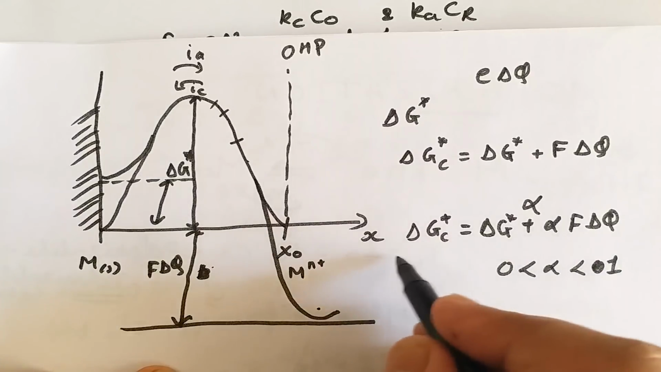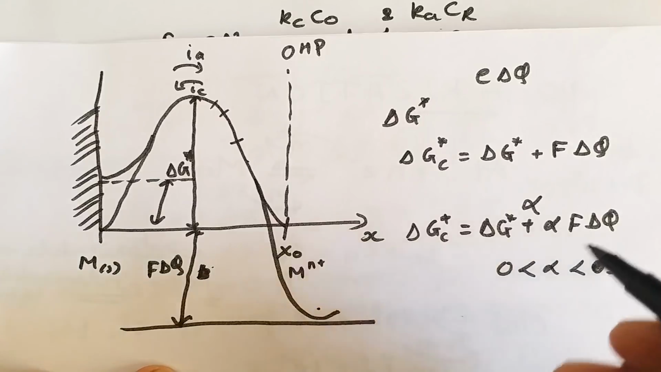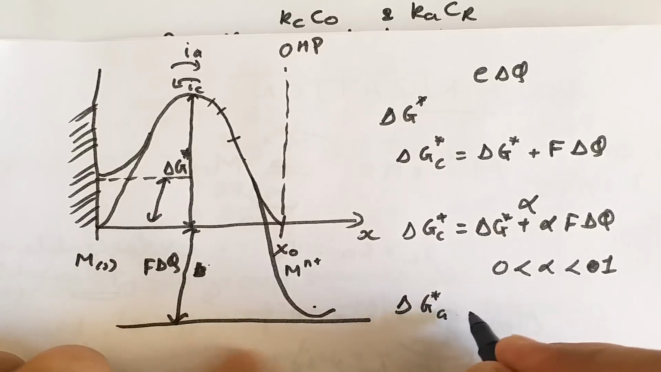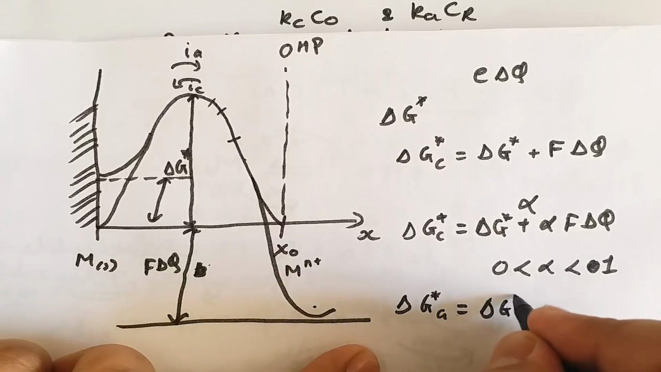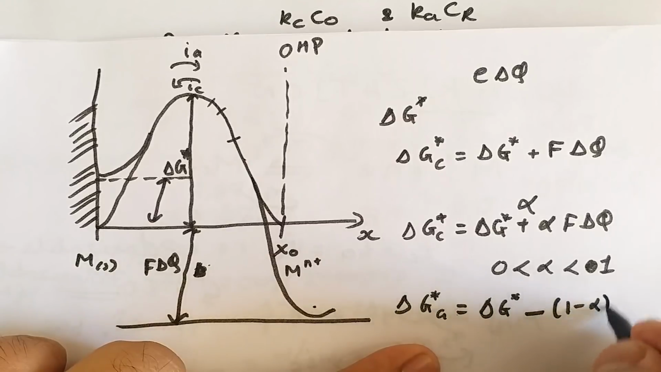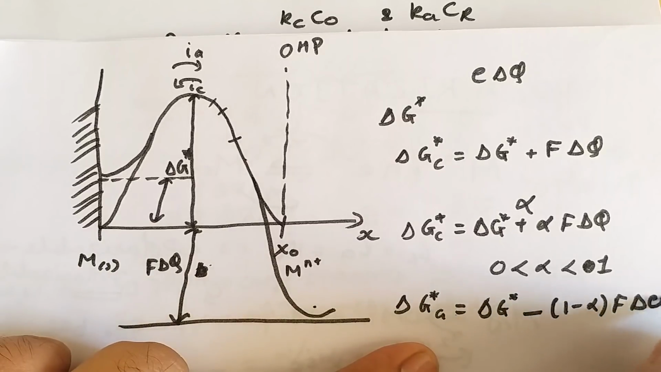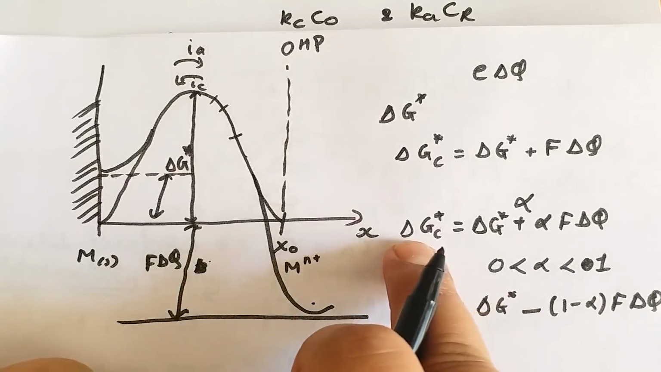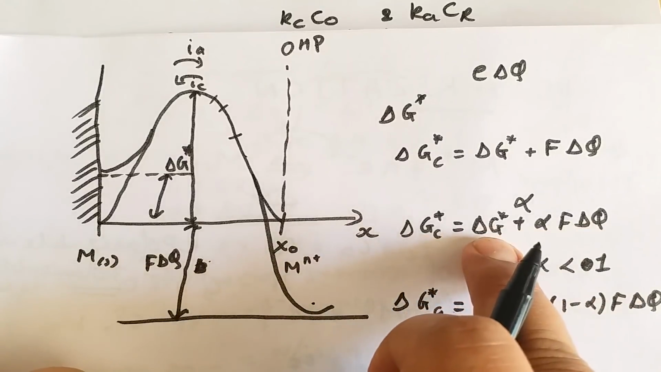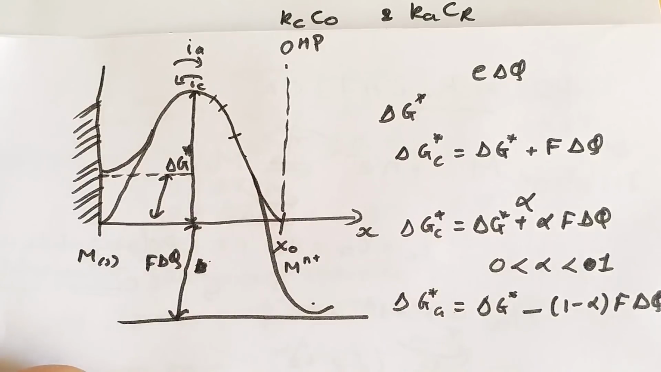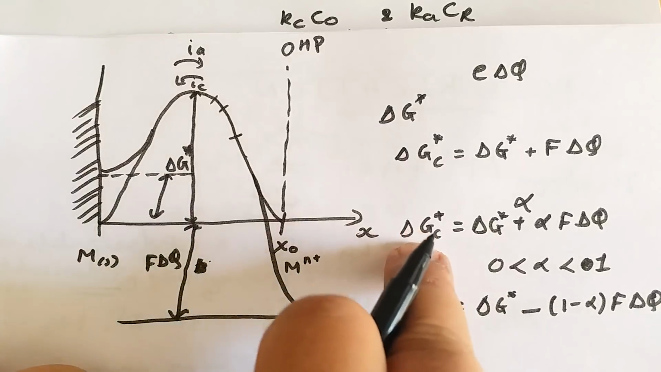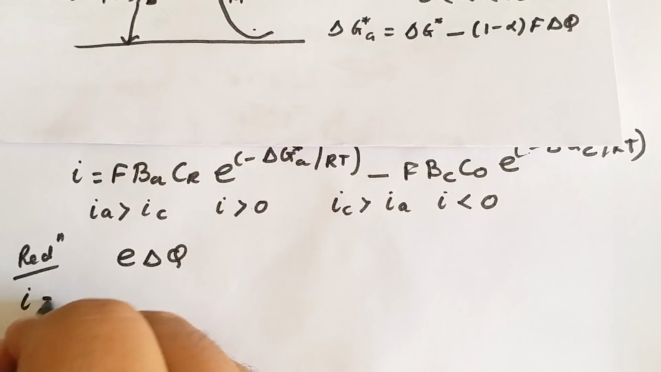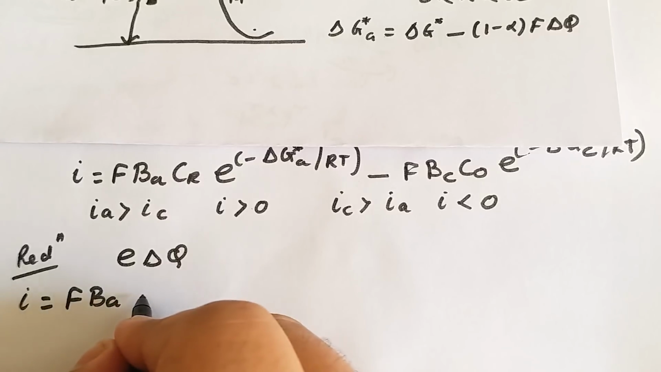Okay, our value of ΔG*c will be this much, and similarly the value of ΔG*a will be equal to ΔG* minus (1 − α)FΔφ. This will be the amount of activation energy required for our anodic process, and this will be the activation energy required for the cathodic process under non-equilibrium condition. So the values of ΔG*a and ΔG*c we will substitute in this particular relationship. We will get i = F into ka into CR